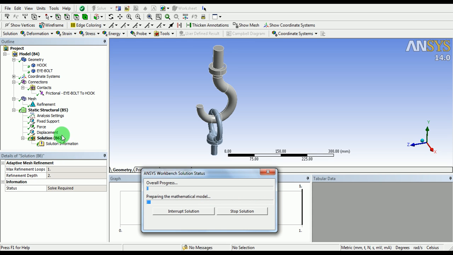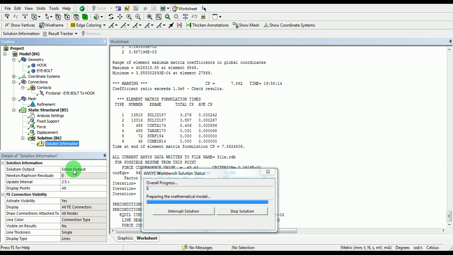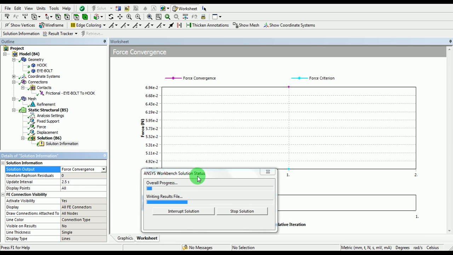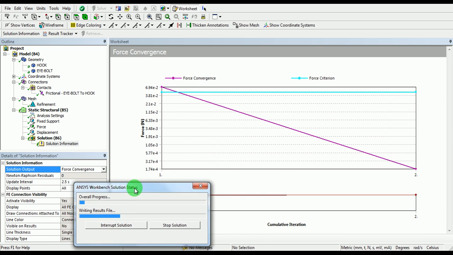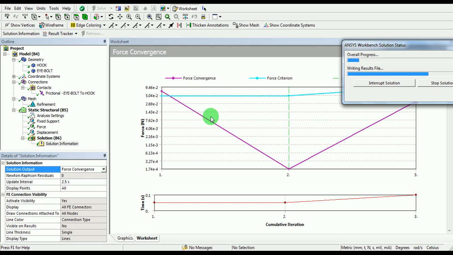Pick on Solution Information and under Solution Output, pick on Force Convergence. Observe in the force convergence graph how the internal forces and the externally applied load are converging with each other.